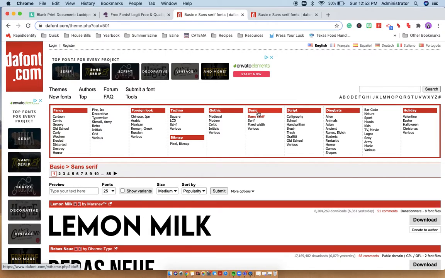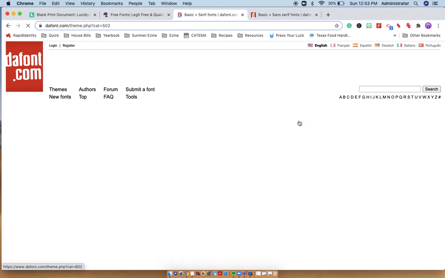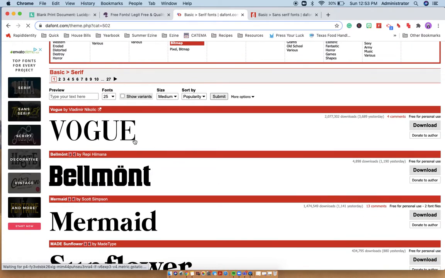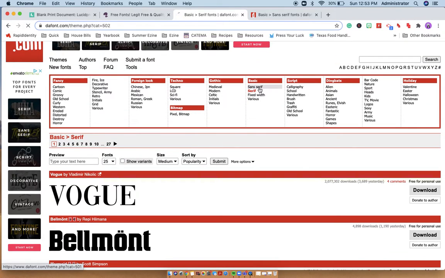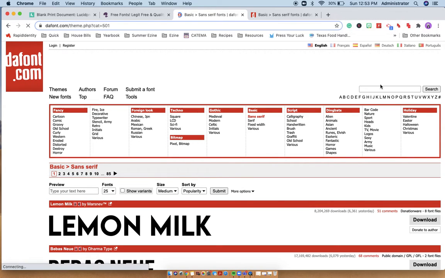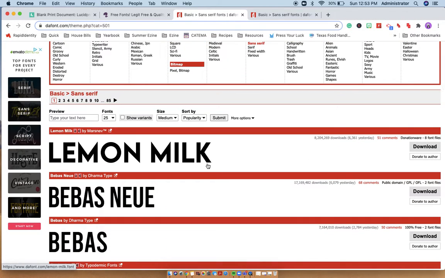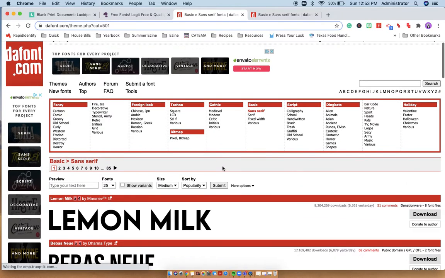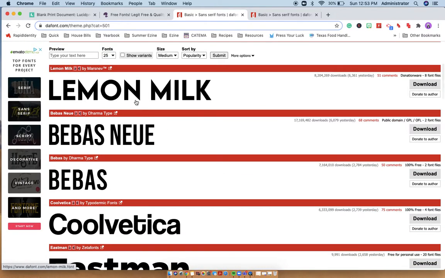What we'll talk about more in Ezine a little bit later this semester are kind of the history of fonts, and we'll talk about sans serif and serif. Serif fonts have a little serif usually at the end of the letters or at the tops of letters with the X and Y heights. But then you get to sans serif, and sans means without, okay? So that means it does not have a serif. They've been chopped off at the ends of those letters. What we really like to see in graphic design are pairing sans serif with serif fonts, as we talked about